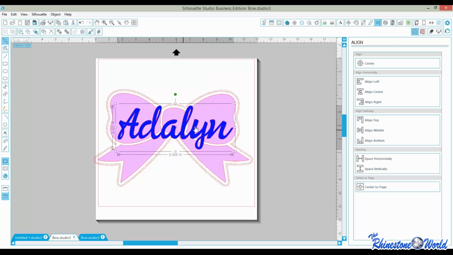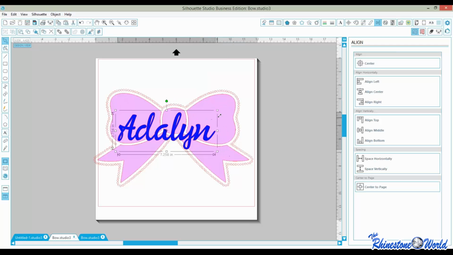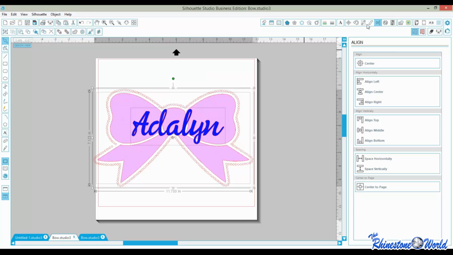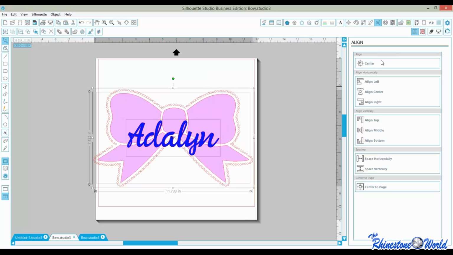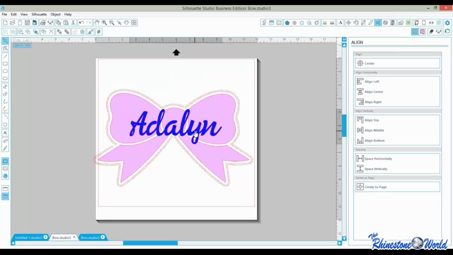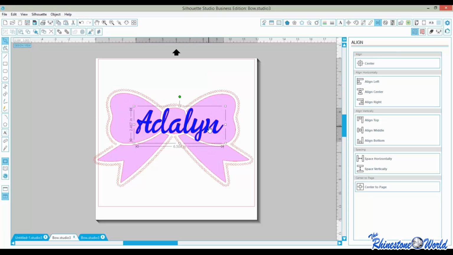And we have this up here. So what you can also do is you can bring this down and fit this right into this part. So if you see, I can go ahead and center this in here. Oh, I don't want to do that. But I have this centered in the middle, and then I can just bring this up. So what I'm going to do is you can see I can bring this down just a little bit, and I'm not overlapping any rhinestones. So I'm going to go over here,